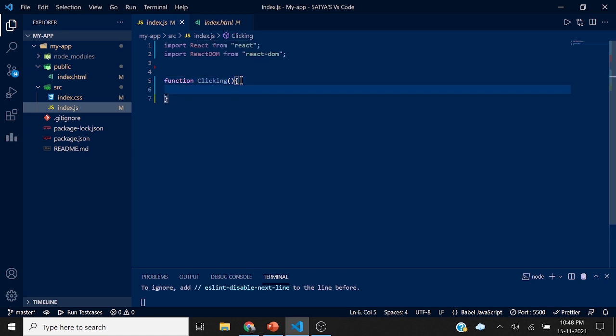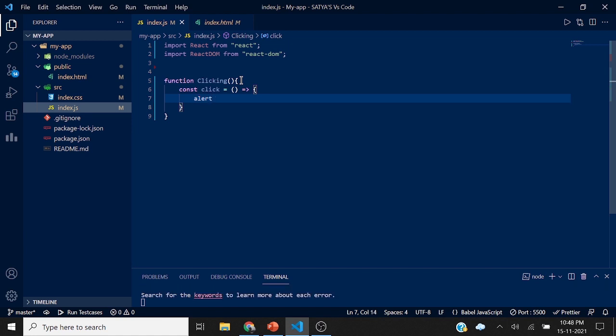Inside it, I'm creating a constant named click using an arrow function, which you might learn in the JavaScript session. I'll alert saying that you clicked our button.